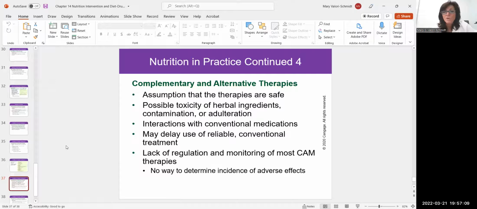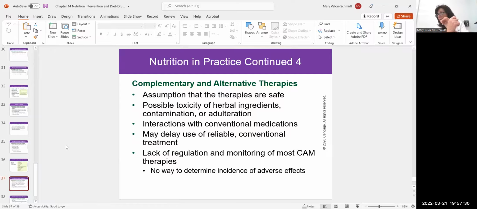And then the big problem with alternative therapies is that, and it says, I like this book. This is one of the first textbooks that I actually like because it agrees with science. There's no regulation and oversight with herbals and supplements. So when you buy anything that's an over-the-counter herbal, and listen,